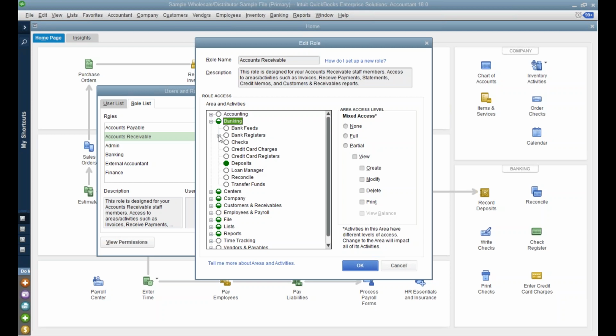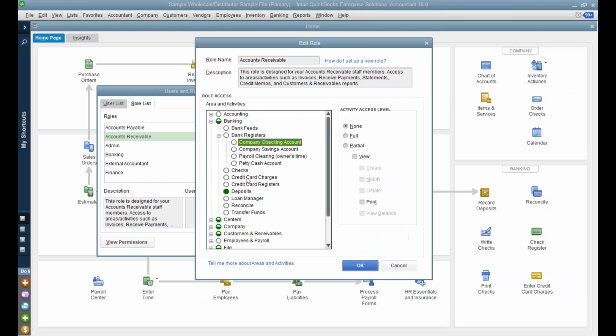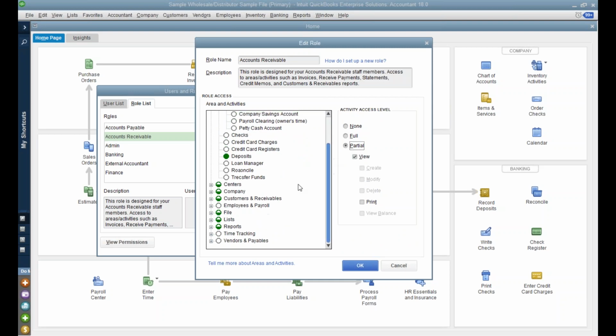But what I also want you to see, before we gave them access to the bank accounts and credit card accounts or not, here you can actually be very specific. You have access to this bank account, but you don't have access to another one. So you can see how you can work with that. And over here on the right, again, when it's partial, then you'll see that there are some different options there. A couple other things, let me go into the centers, that when they do the customer center, can they